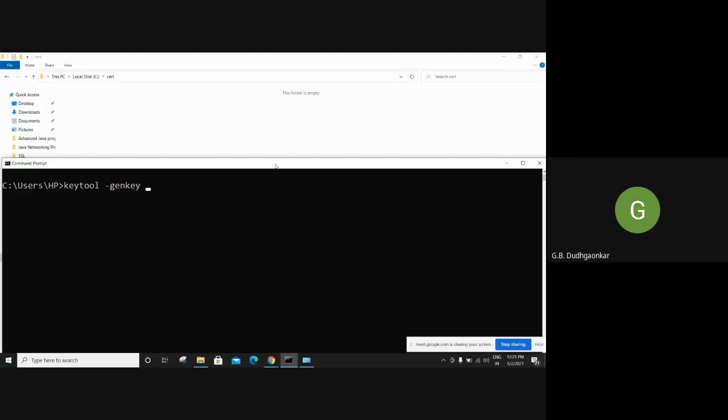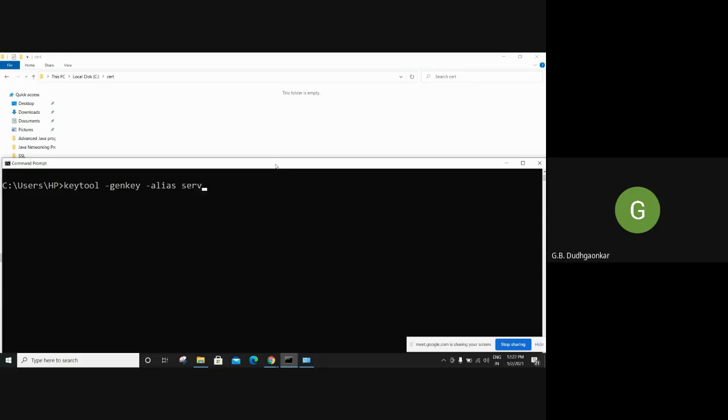Now we have to use the alias option. I told you in the last lecture. So hyphen alias. So this is the name. You can give any alias here, and we have to remember it because that will be required later on whenever you are searching your keys. Because in the server, in real time, a lot of things are stored, so it is difficult to search all these things. So by your alias name, that can be searched very quickly.